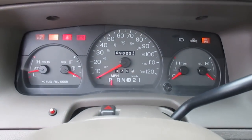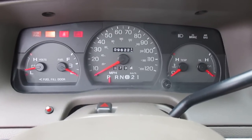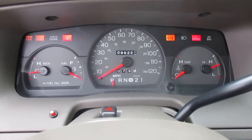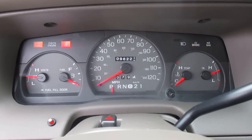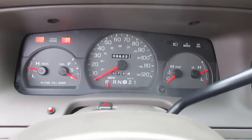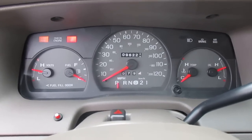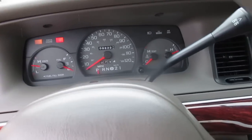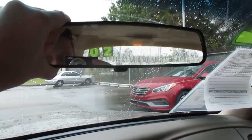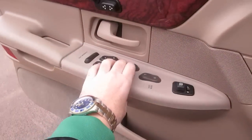Now again, we are low on gas, so I don't know how long I'm gonna let this one run, but anyways, contact. And again, not a squeak, rattle, really nothing from this motor whatsoever. Wow, the whole car just shakes when you do that. Wow. Love it. Absolutely love it. So before we go any further,